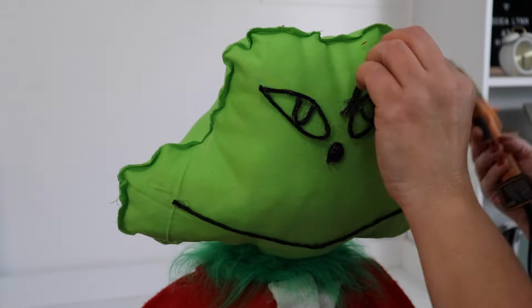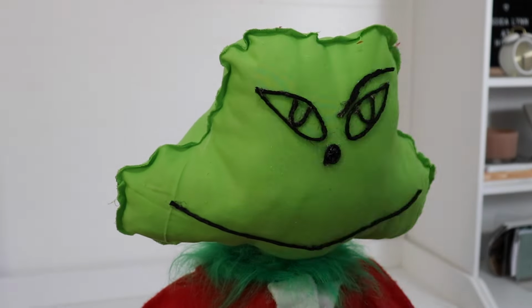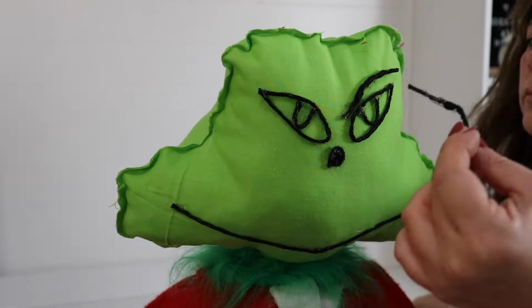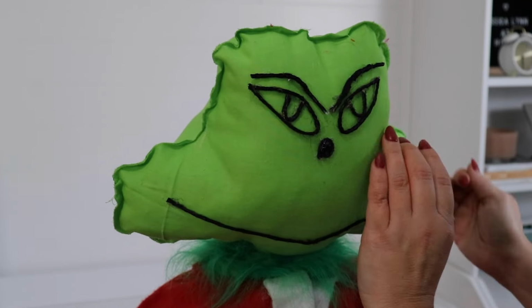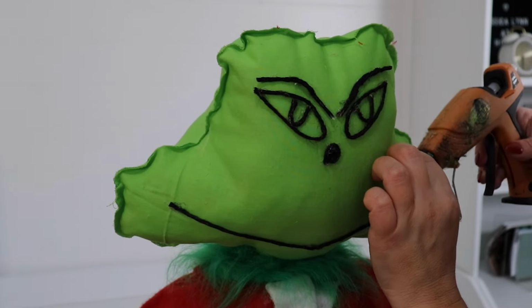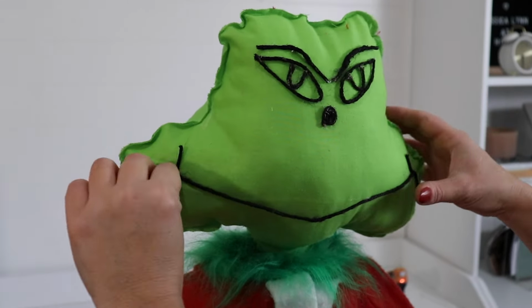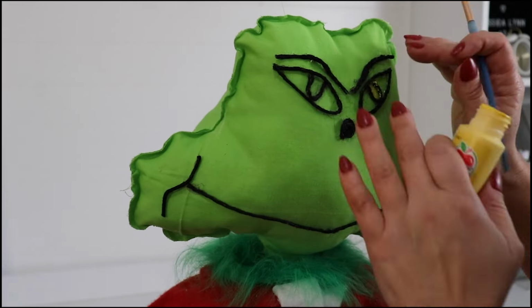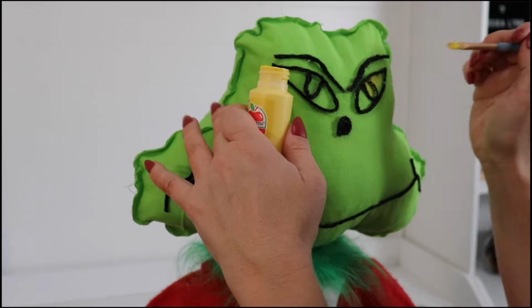I was able to curve those upwards for each one of those to make them look a little bit more mischievous, I guess. And then I also did the little lines on the smile, one on each side, just to tie it all together. I went ahead and took some yellow acrylic paint and painted the inside of the Grinch's eyes